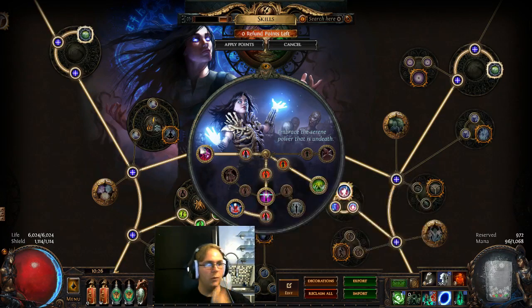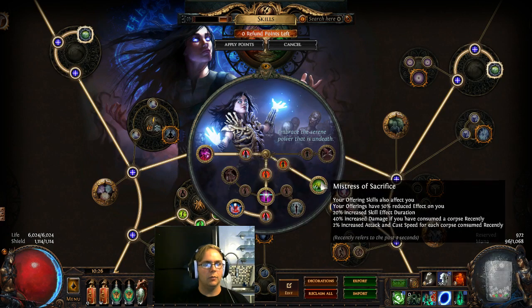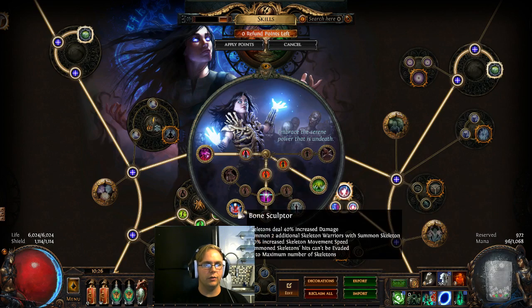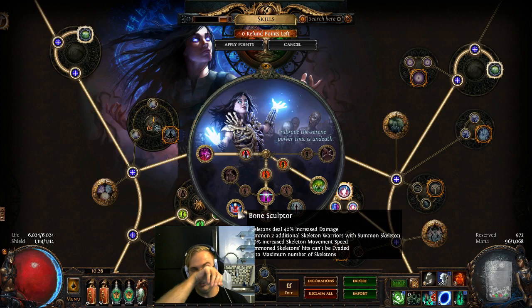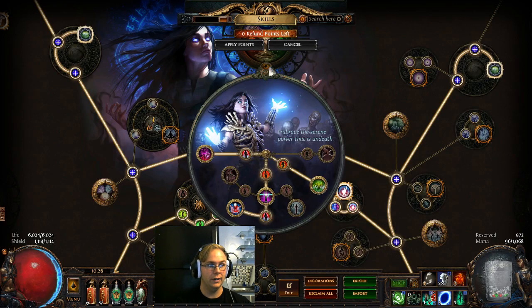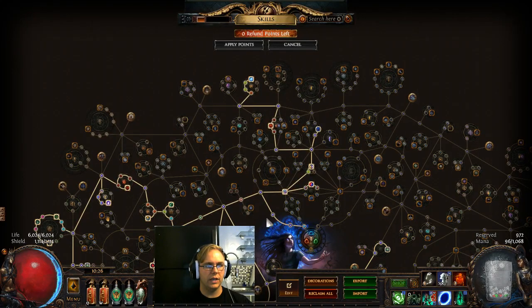working with. We are a Necromancer. We came down, grabbed Commander of Darkness, through Mistress of Sacrifice, through Invoker, and then to Bone Sculptor. Skeletons are going to be kind of our single target, and the Phantasms are going to be just everything because they're super good. So as far as pathing goes, we came up this way, grabbed a life, minion damage, came